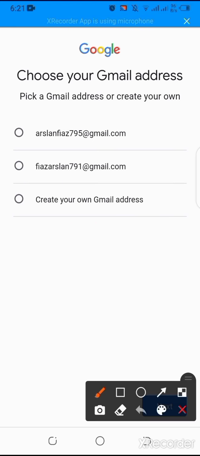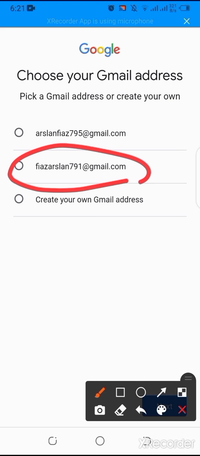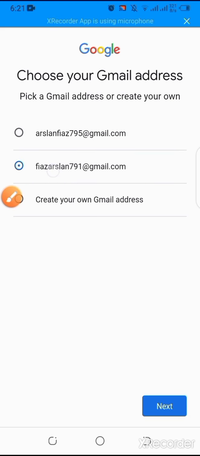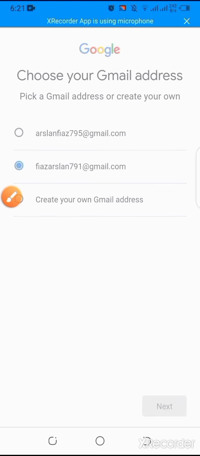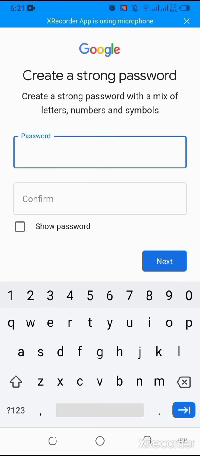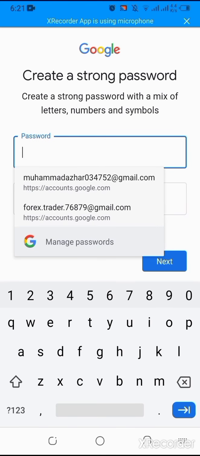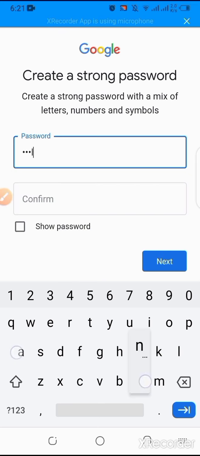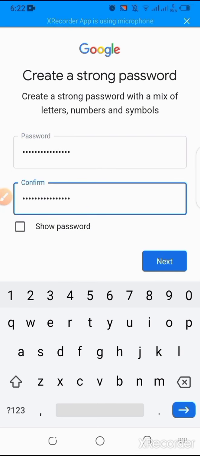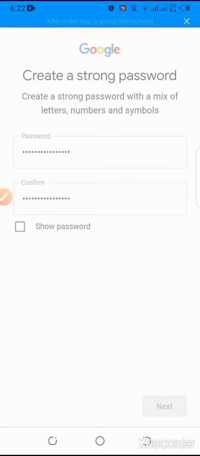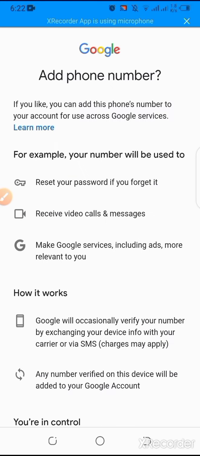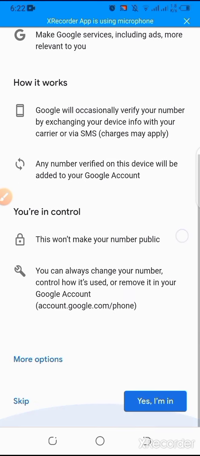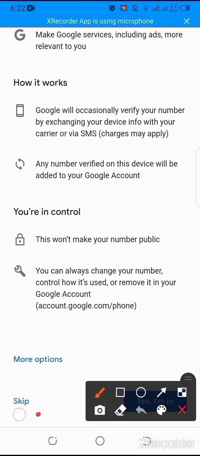But right at this moment I am going to click on this option and I'm going to take this account. I will simply click next after choosing that account, and right here I am going to write the password. I'm going to click on the option next. After that you have to simply click on the skip option.